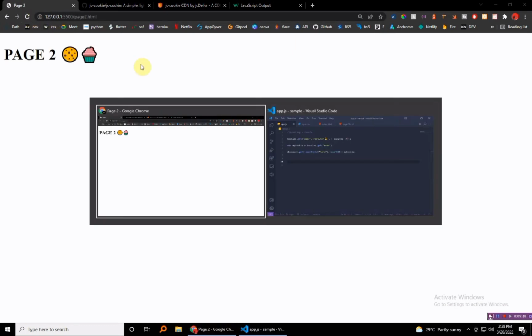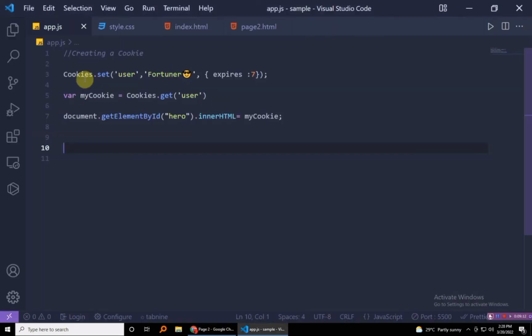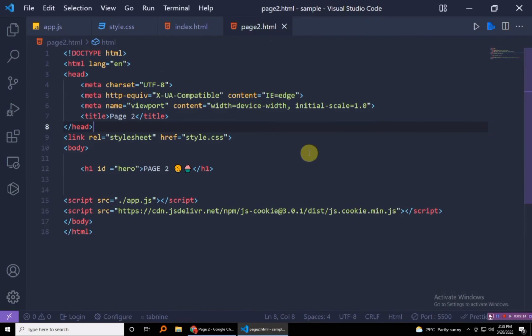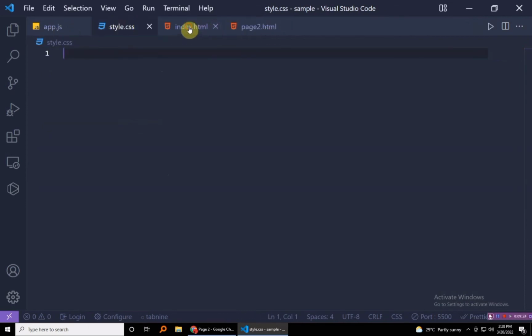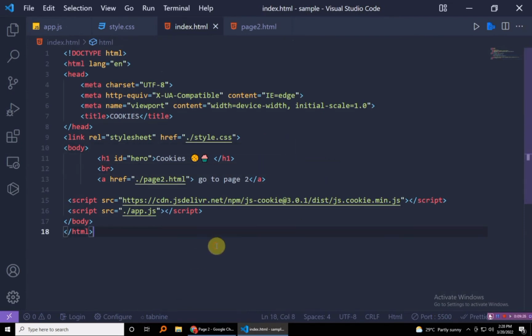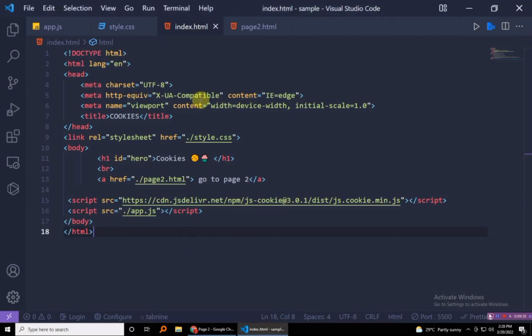Yikes. So something's up with page 2. Well, we linked the style sheet correctly, and we also... okay. Let me just try writing it in this page directly so that you can see we can always access this